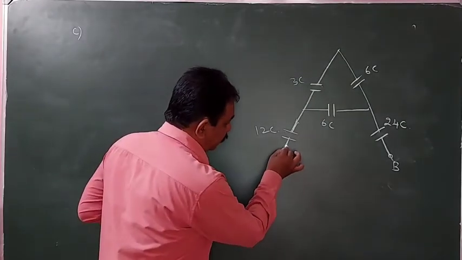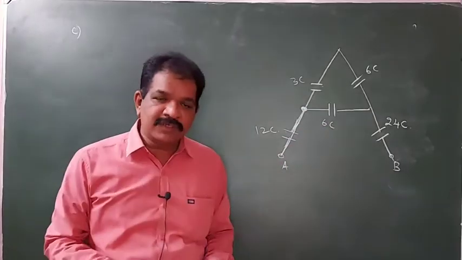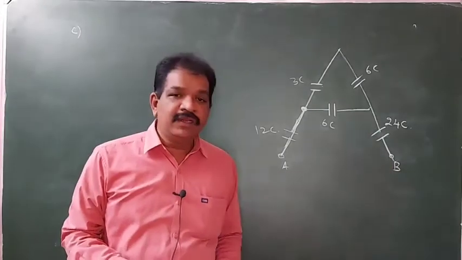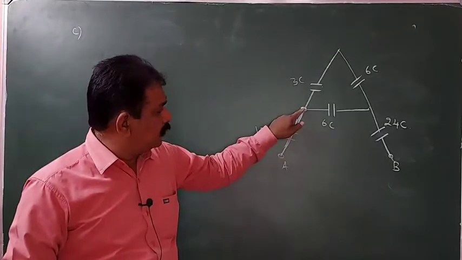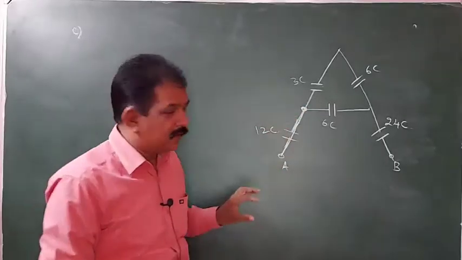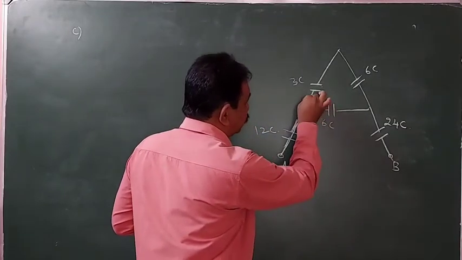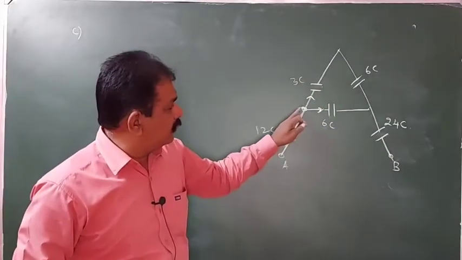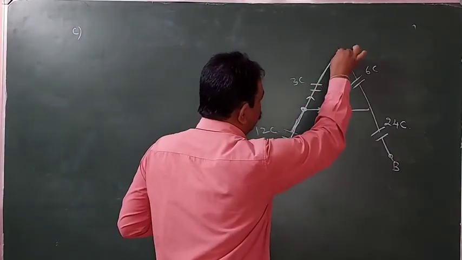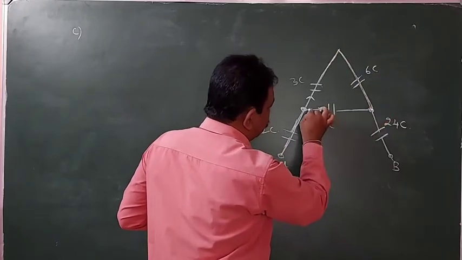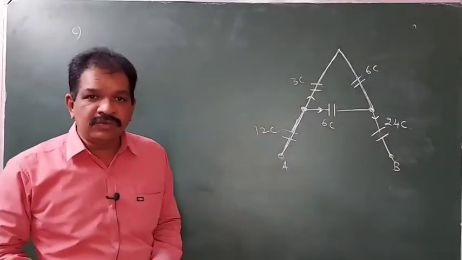Charge started from here. This charge, how much it is started, that should finally reach the point B. That is the aim. So it reaches here, then it will find two ways. Some amount of charge traveled like this, some amount of charge traveled like this. The same charge came to here, came to here. This charge will come to here, forming the same charge and reaching the point B.